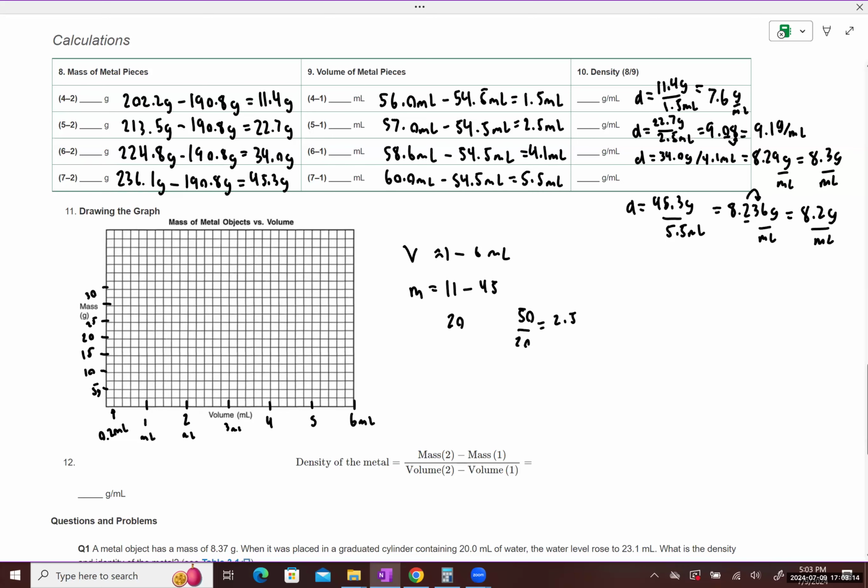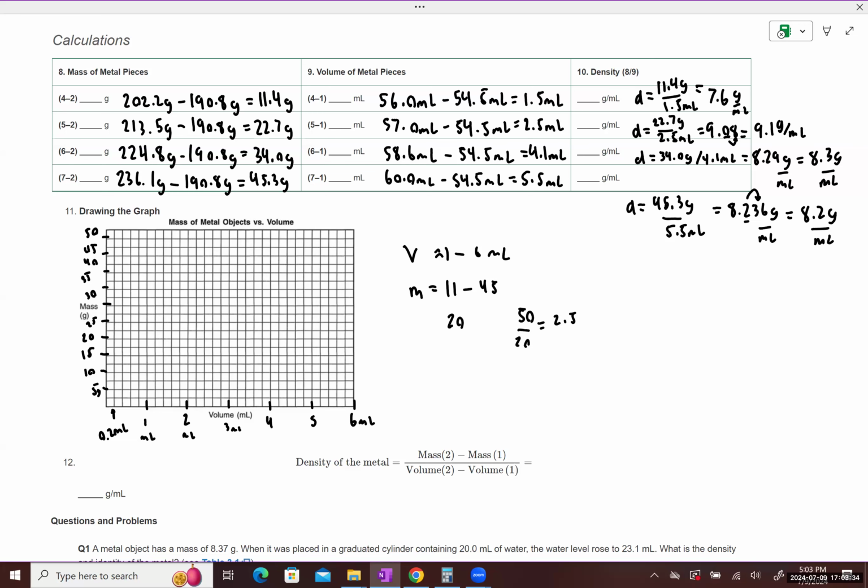30, 35, 40, 45, 50. Reasonable enough. So when we plot our data points, they're going to be somewhere in this graph, and the